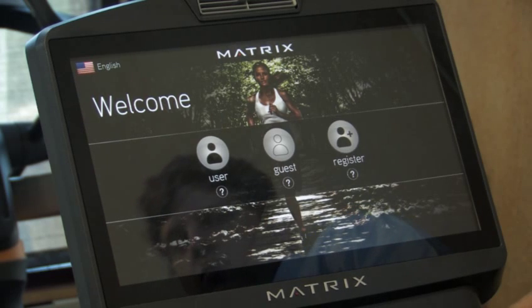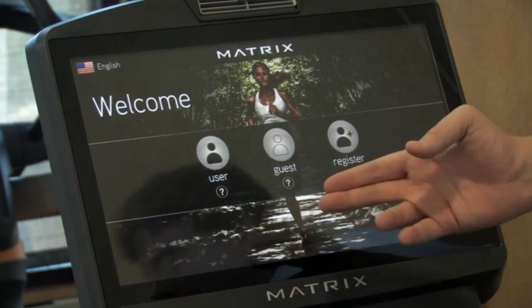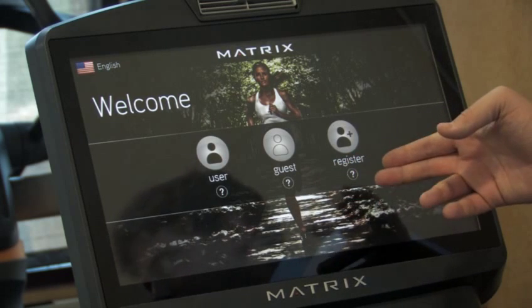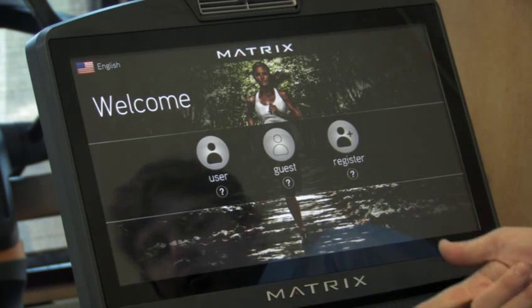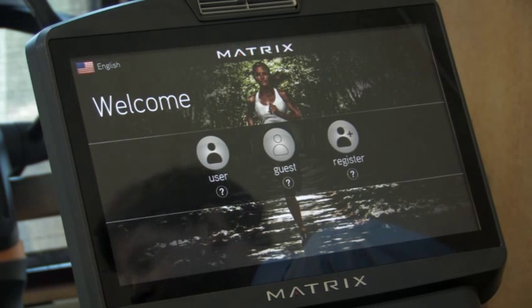At the front screen for the Matrix 7XI, you're given three options: to either log in as a user, sign in as a guest, or register a new user. New users should register a new account, which allows them to save into their account history their Facebook login, their Twitter profile, MyFitnessPal, as well as look at their workout history and save their own playlist for on-demand TV and